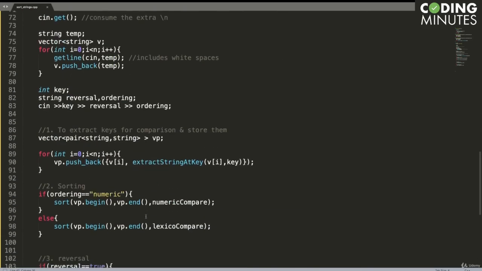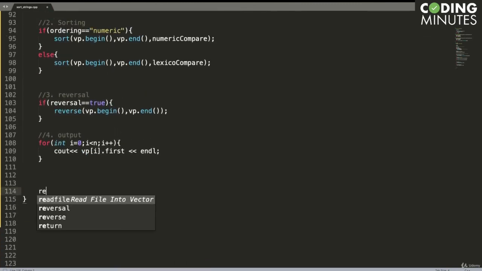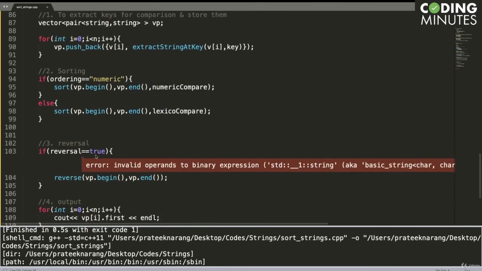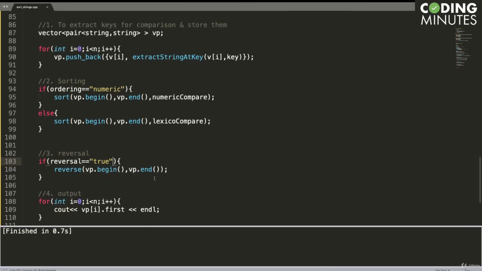Now I think the code is almost complete, and we can say return 0. So this is going to be a string in the input.